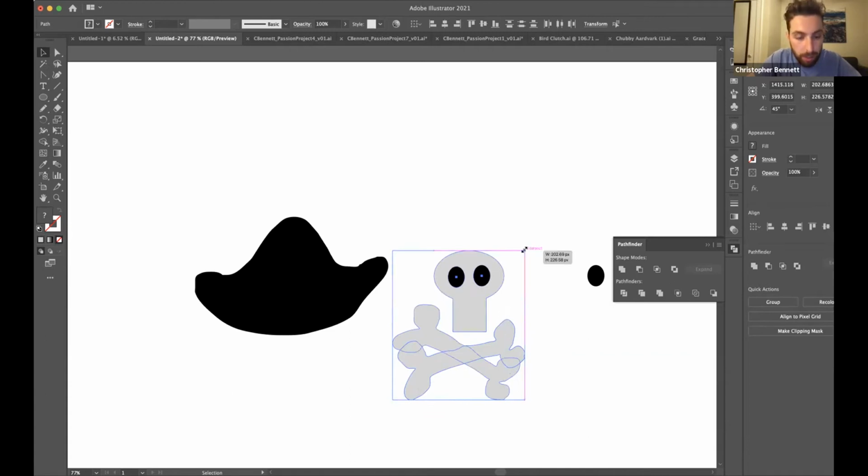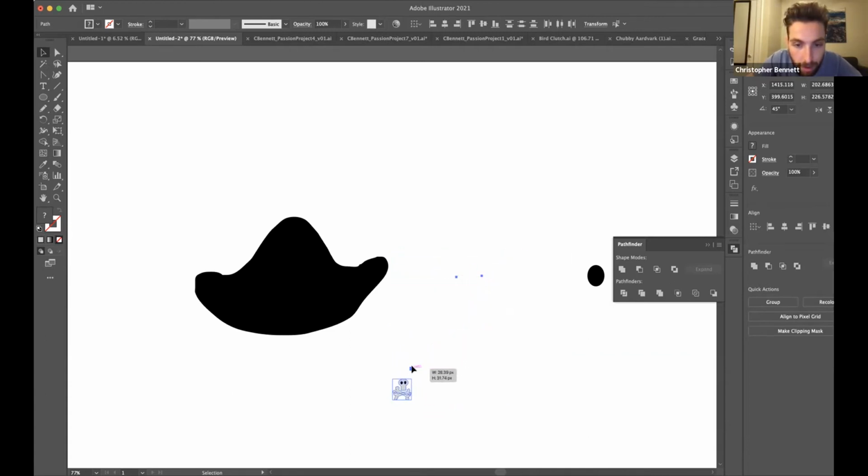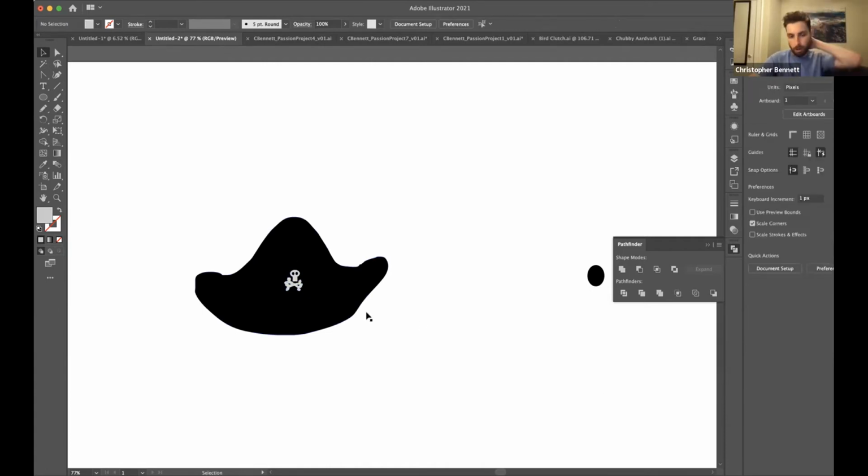And I'm going to group these all together and hold Shift and make them small. Put on a nice hat. So what else can I do to this hat? And just maybe give it a nice yellow trim around the edges. And I like to use the Draw Inside tool. So if I click on this,